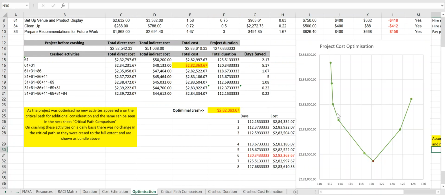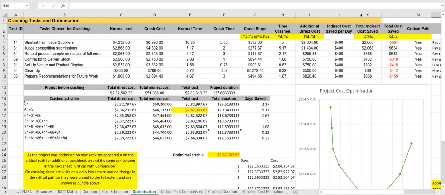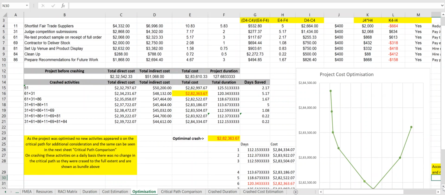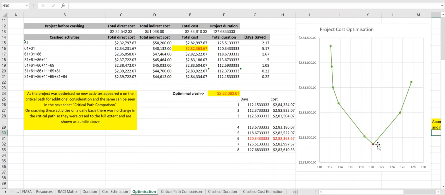Sorry, I went too far ahead. So here we've been through this before in the previous video when we looked at this sort of crashing process, and when we look at the graph, we can actually see that the graph is going down to this point,